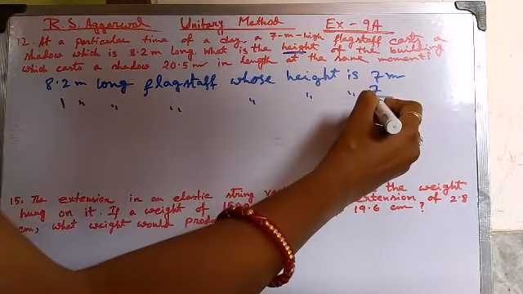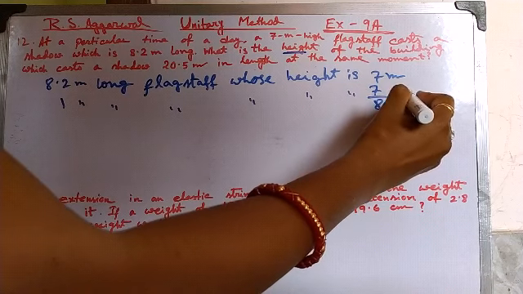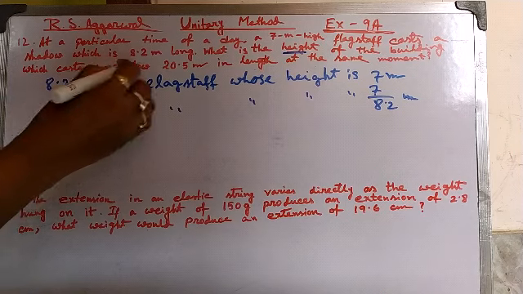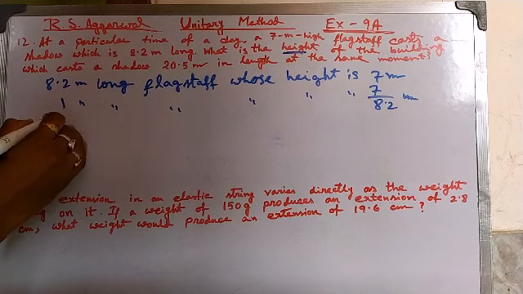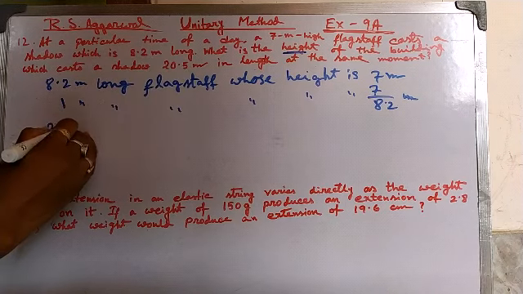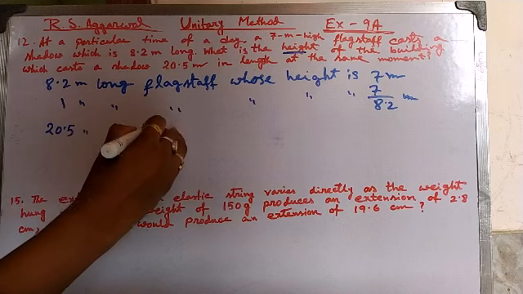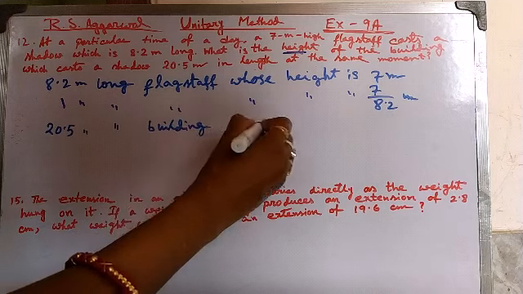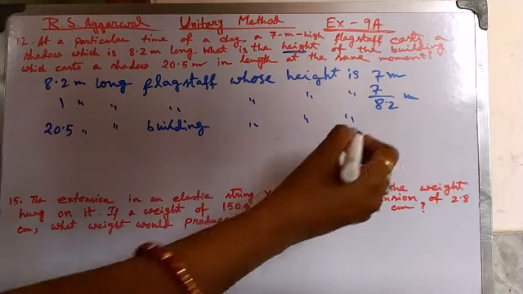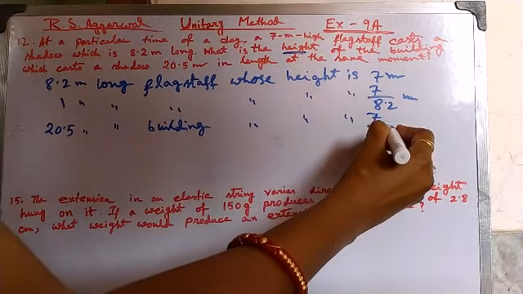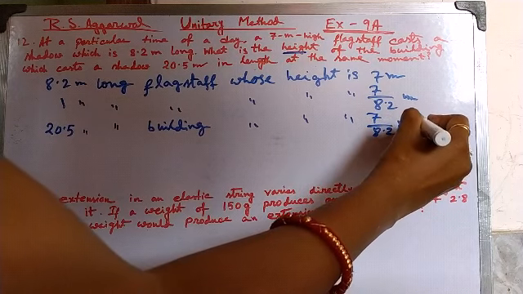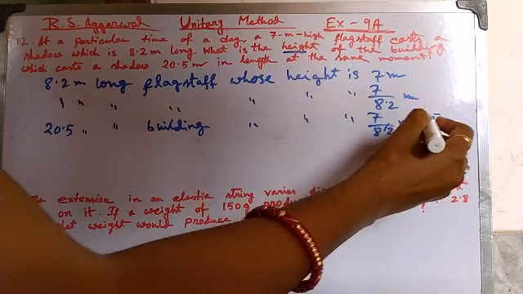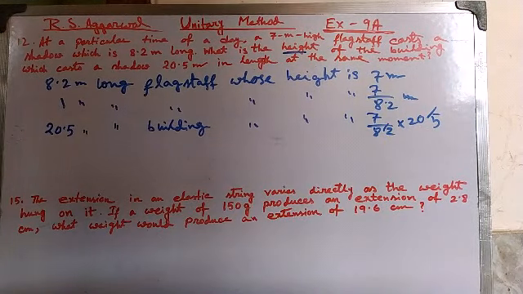So 7 by 8.2 meter, that will be division, and then 20.5 meter length of the building, long building whose height will be, that should be multiplied with it, 20.5. Then this point will be removed, cancelled, that point will be,